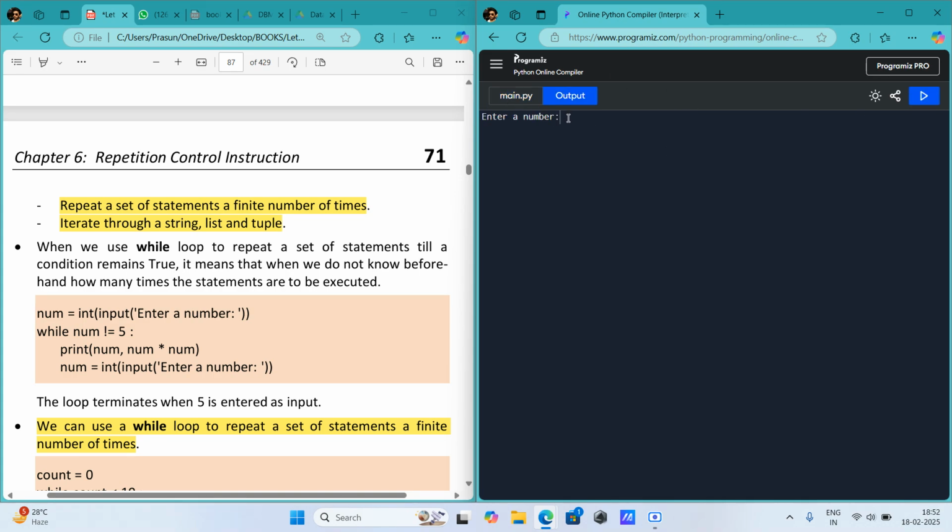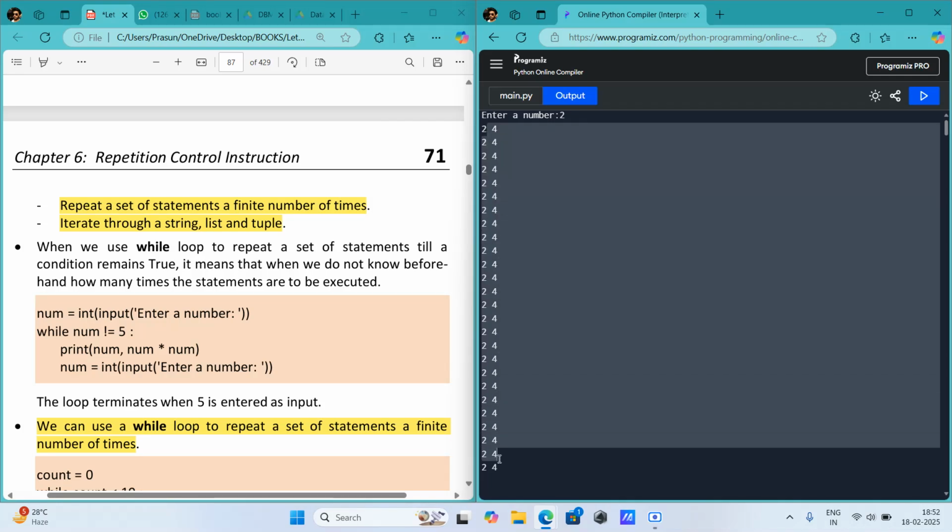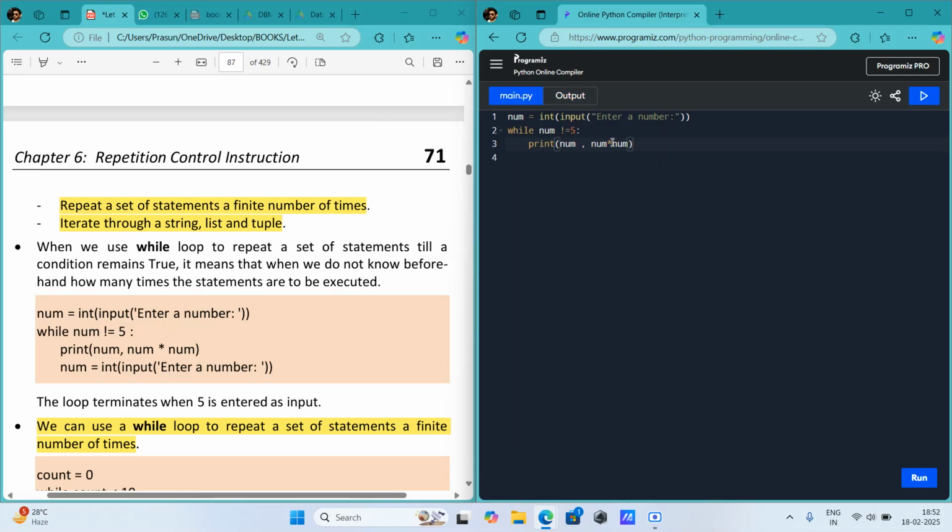Okay, see, enter a number. I am writing 2 in giving the input. See, 2 and 2 multiplies 2, that is 4. So here we are getting the number this much times. I don't know why it is coming. Okay, so now again they are taking the user input num equal to